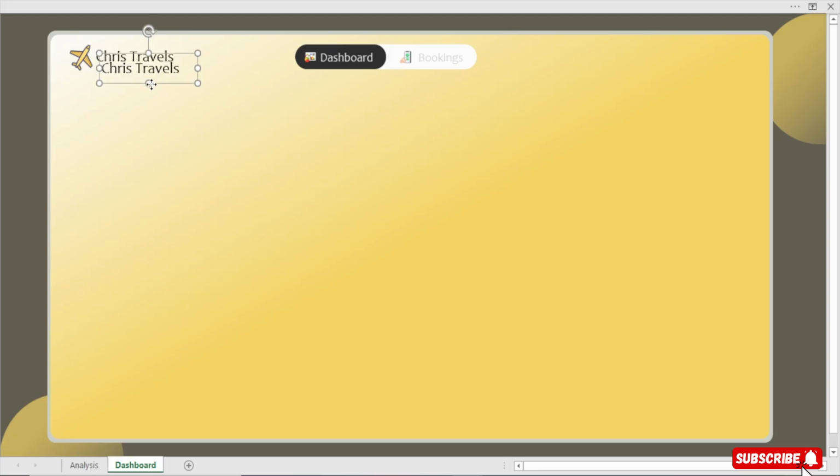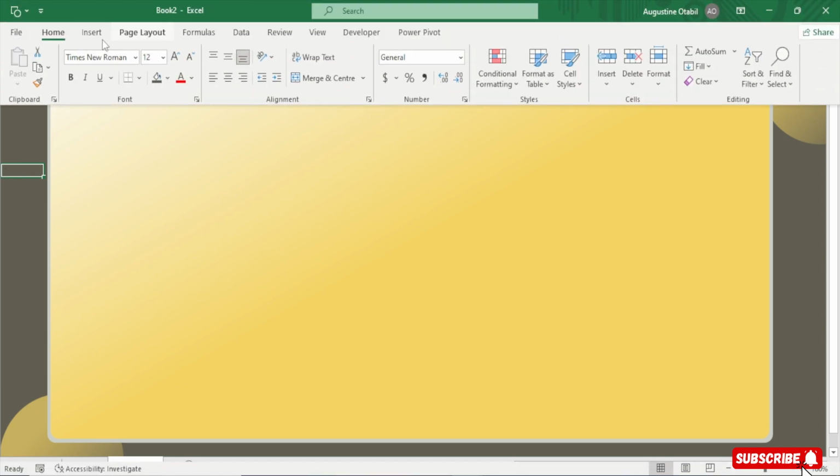I'll duplicate this, position this one here, then I'll say this means we are on the dashboard. Perfect. So this is what we have, right? This is amazing. All right. So what else? All right. So let's go and bring in this shape